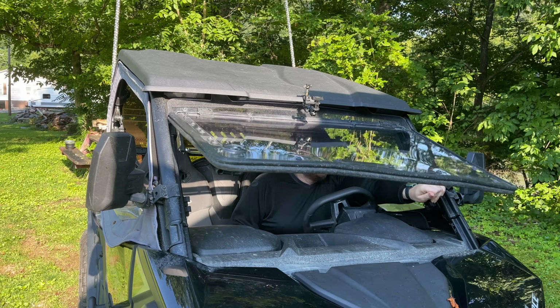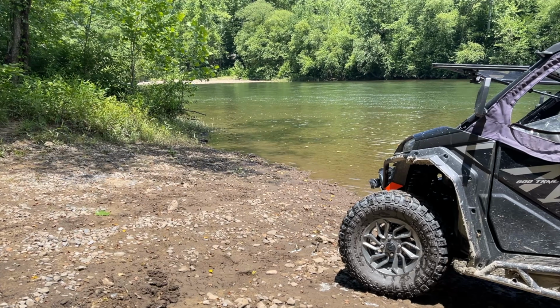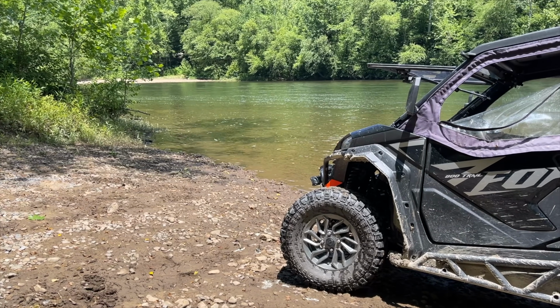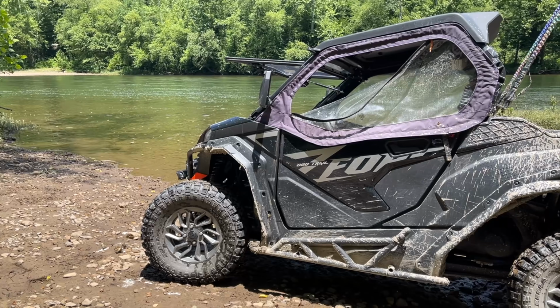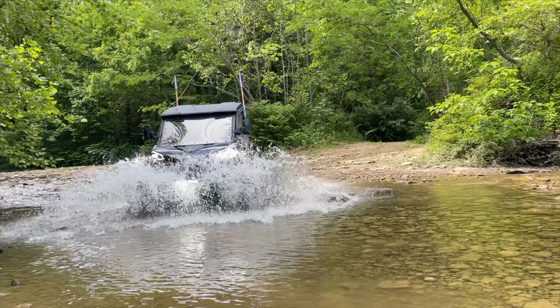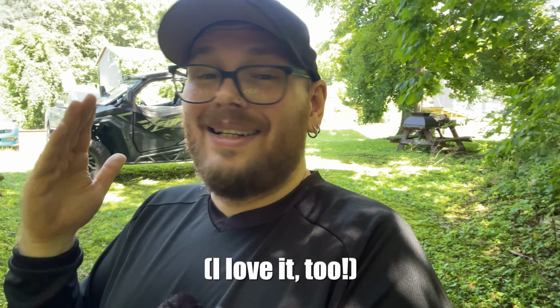And if you're one of those people who are like, dude, I want the elements to hit me, I want to feel that wind in my hair, I want to feel the mud splashing me in the face, I want to take it to the dome, brother. Well, with a flip-up windshield, all you gotta do is move these levers. Once again, boom, flips all the way open. Kind of looks like your machine has a nice little 80s sun visor attached to it. And then it's like having no windshield whatsoever. All that mud, creek water, dirt, whatever you want all over your body for whatever reason,